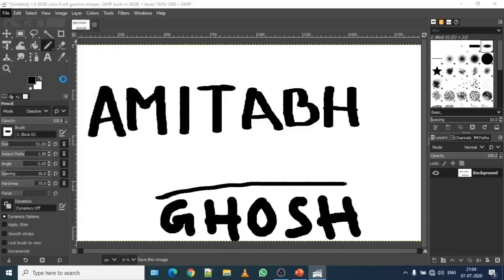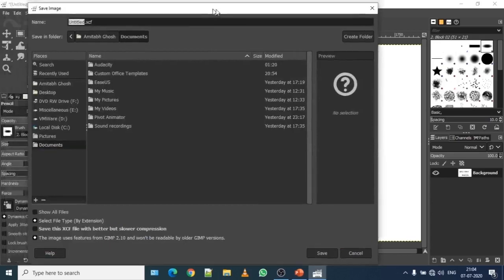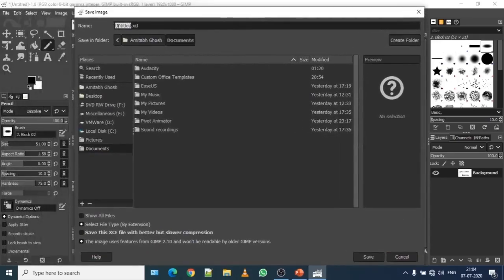Once you click on Save, it will open a Save Image window. At the top, it will give you default file name as Untitled. So I'm going to change this name by my name, amitabh.xcf. XCF is the extension of GIMP application. You might have heard about JPEG file, BMP file, PNG file.